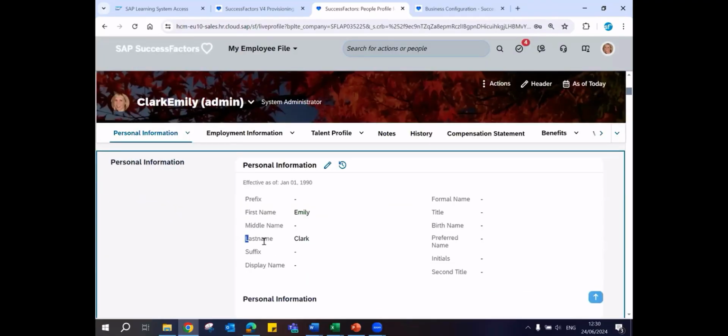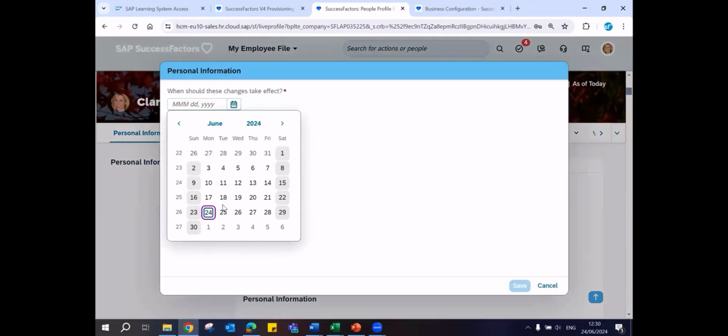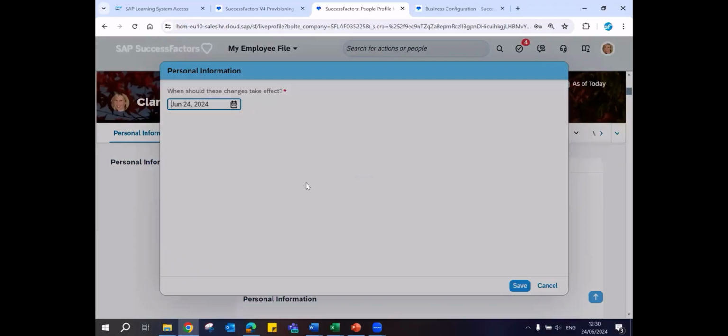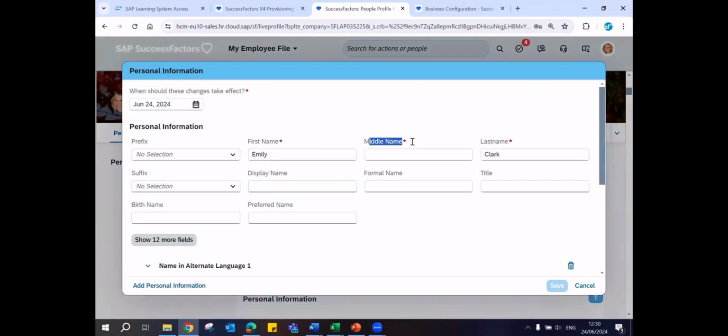See, the surname got changed to last name, which used to be above the first name. Now it is in the fourth place. The placement changed, the label changed. And when I try to edit this block, you see that the middle name field also turned mandatory. But generally, middle name should not be mandatory. That's why SF did not make it so. I just turned it to mandatory to showcase it.